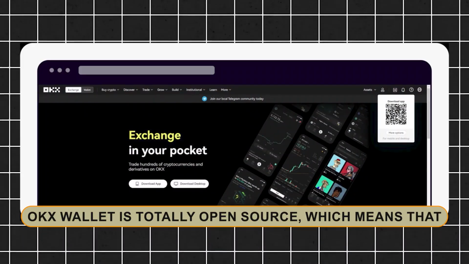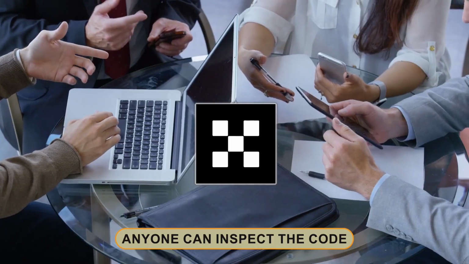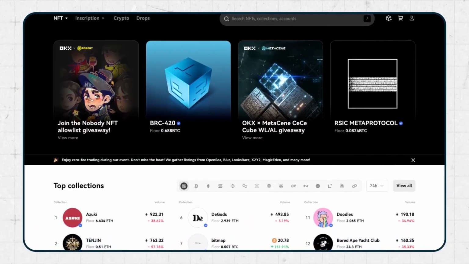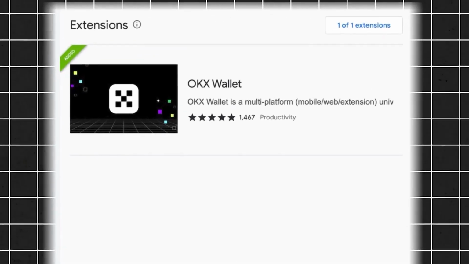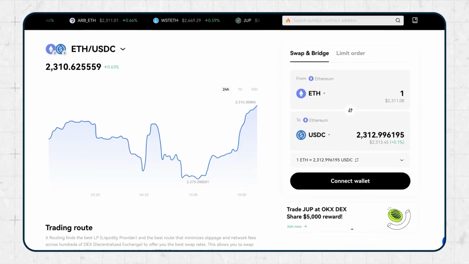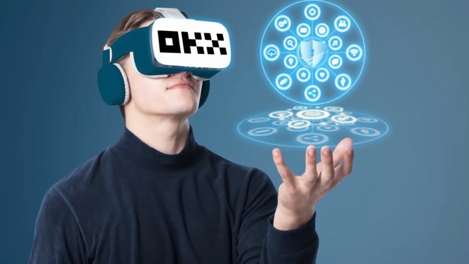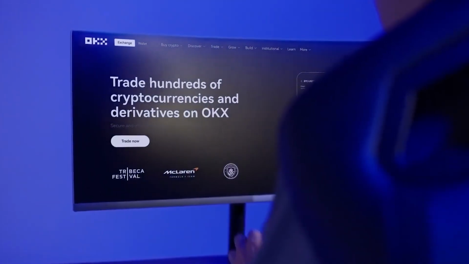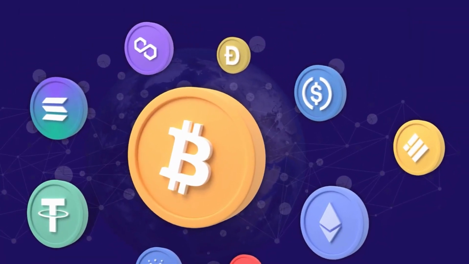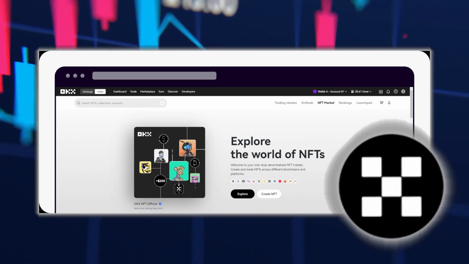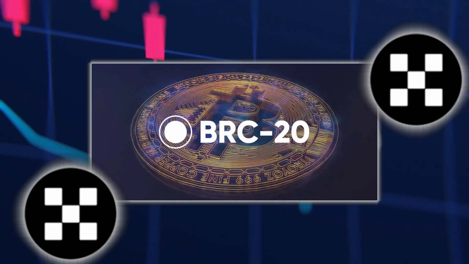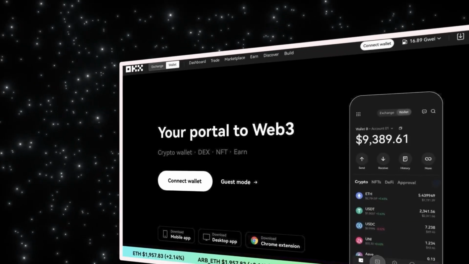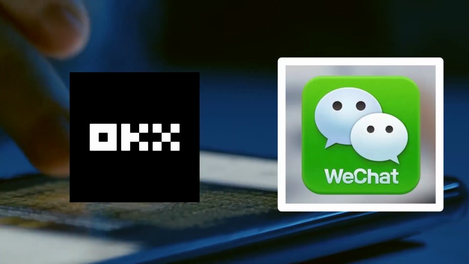OKX Wallet is totally open source, which means that anyone can inspect the code. It is accessible as a mobile app, desktop program, and browser extension. OKX Wallet, one of the largest exchanges by volume, also offers its own self-custodial mobile wallet. Aside from the standard functions such as storing and exchanging cryptocurrency over 77 networks, you may also mint and trade NFTs, ordinals, and BRC20s across 11 networks, yield farm, and explore Web3 with their in-app browser, making it similar to